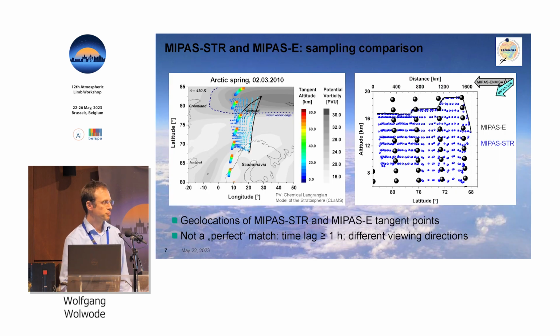Now we compare the sampling of MIPAS-STR and MIPAS on board Envisat that you can see here. So that flight was done in the late vortex. Here you can see the polar vortex edge, which was sampled by both instruments. And here you can see a vertical cross-section, altitude versus latitude, showing the sampling of MIPAS Envisat and MIPAS-STR. You can see that the sampling of the MIPAS-STR profiles is approximately a factor of 10 denser than from MIPAS Envisat. And so this gives an idea of what a denser sampling of a future limb imager might provide